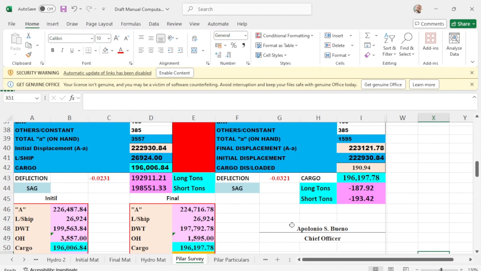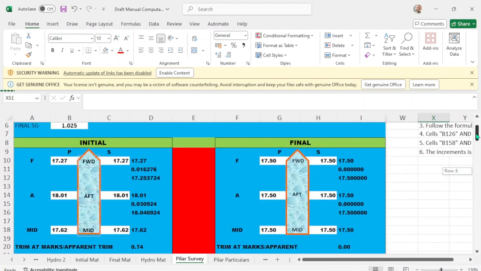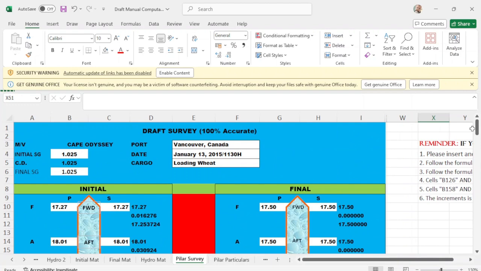(196, 197.78) and 190.94. See? So guys, I would encourage you to make your draft survey, so that you have confidence in your draft survey, and you will understand better if you make your own draft survey or draft form.